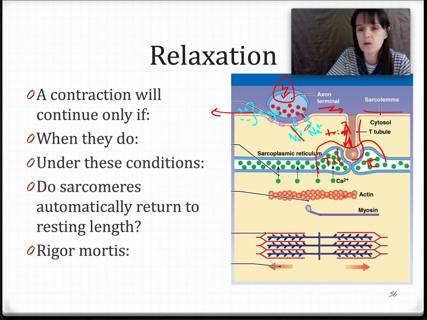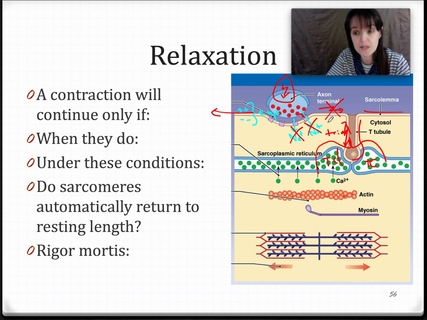So now we no longer have positive ions flushing into the cell, changing the transmembrane potential. So we no longer have a muscle action potential sweeping down the sarcolemma or the T tubule or activating the voltage calcium ion channels in the terminal cisternae. What we do have